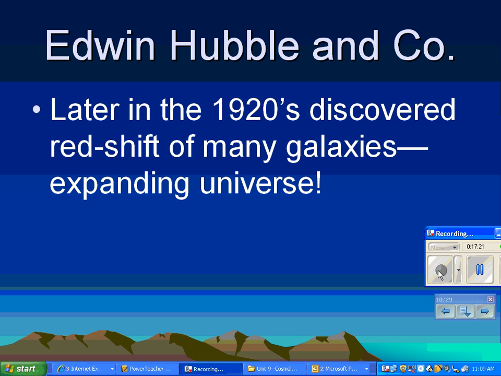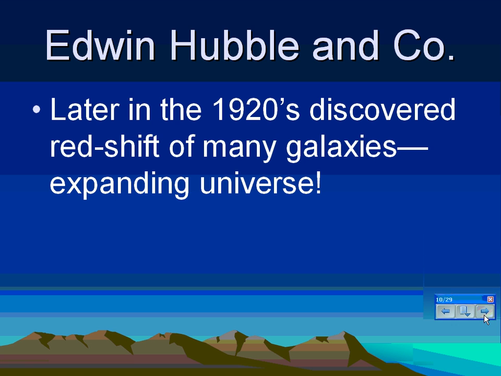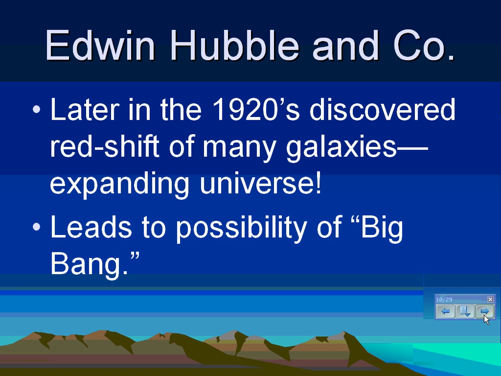So when Hubble discovered that everything was redshifted, it was obvious that everything's moving away from us, and therefore, the universe is expanding. Well, this leads to an interesting question. If the universe is expanding, let's move back in time. Let's say 1 million years ago, the universe must have been smaller. 5 million years ago, it would have been even smaller yet. And it turns out you can rewind the clock, and you can get to a point where the universe actually was at a point. And that is where the idea of the Big Bang comes from, that the universe actually